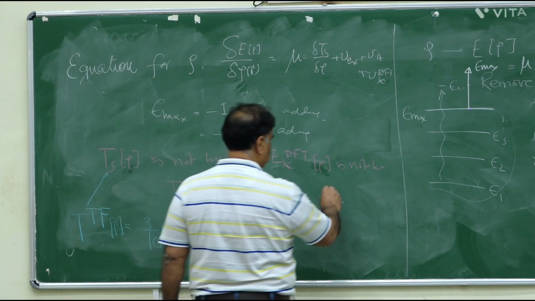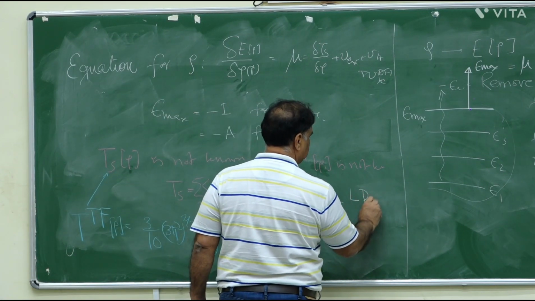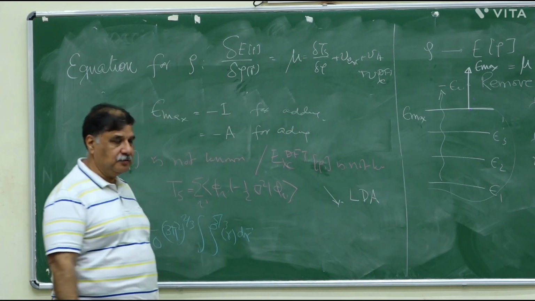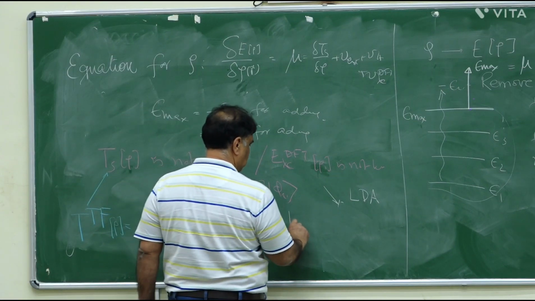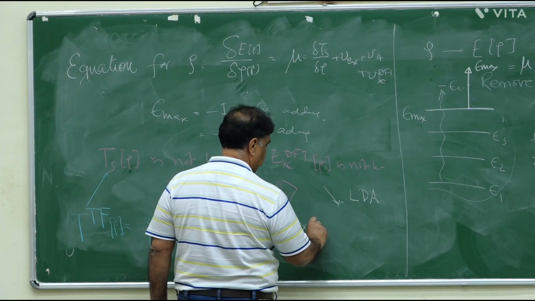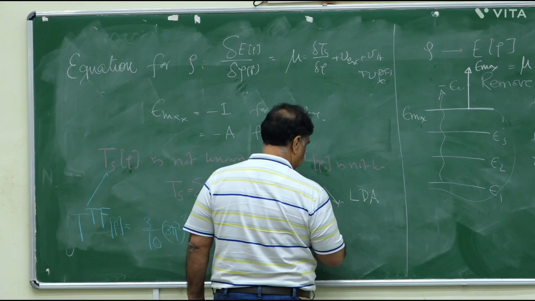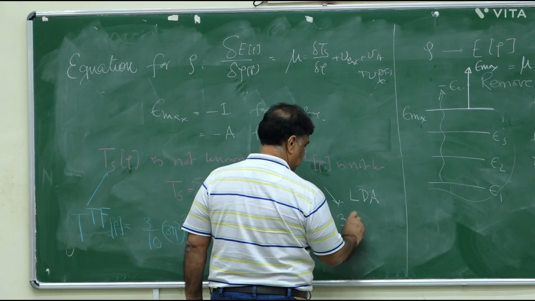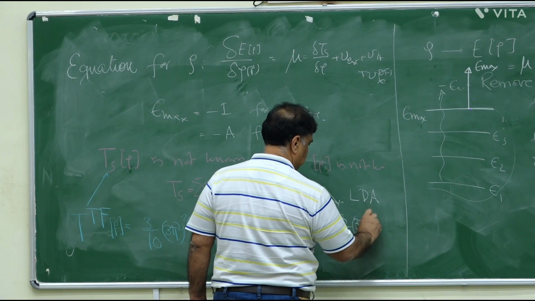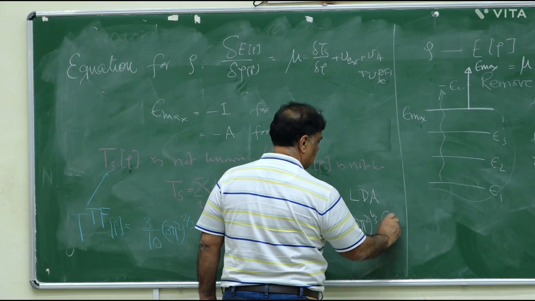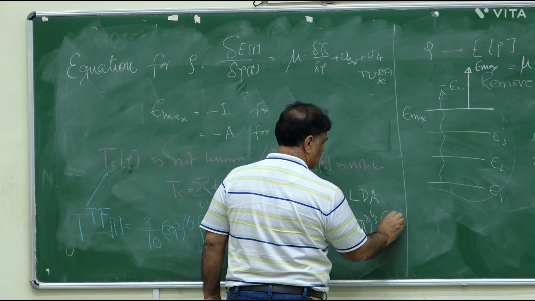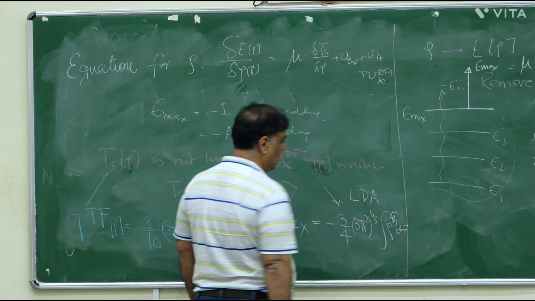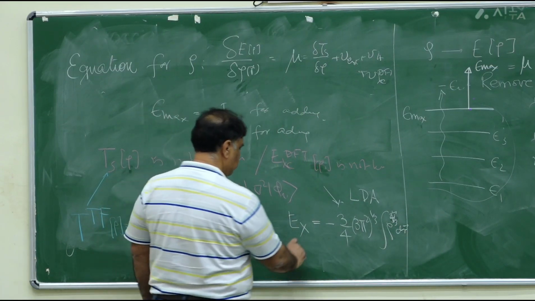And here is something called the LDA, the local density approximation, in which Ex is derived from the homogeneous electron gas, where you can derive this exactly as minus 3/4 (3/pi)^(1/3) integral rho^(4/3) dr. And Ec,